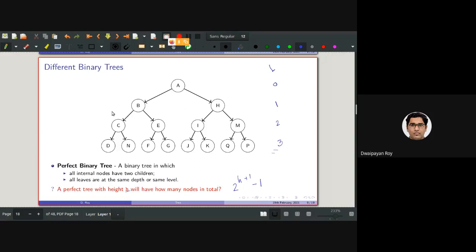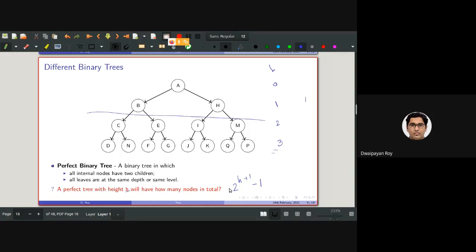Let's consider the tree up to A, B, and H. Now A is at level 0, B and H are at level 1. So the height is basically 1, and the total number of nodes is 3.